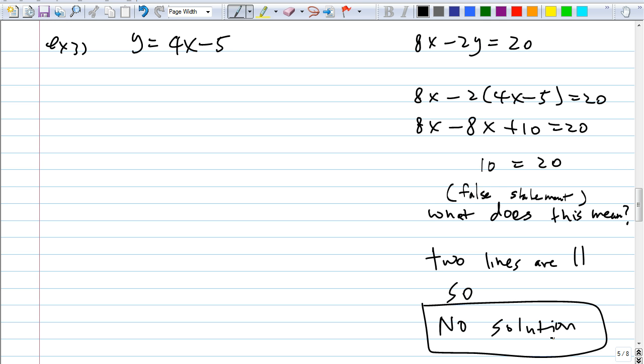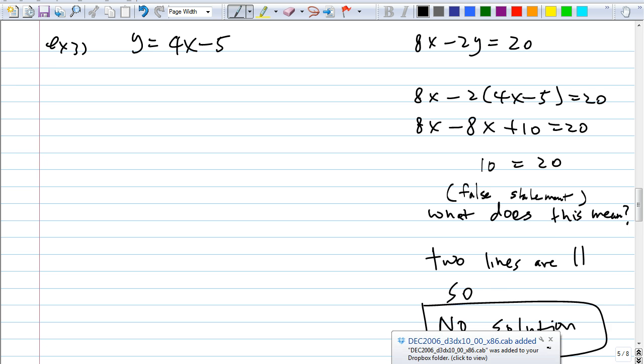Remember we did this last time when we were doing the graphing method, right? When the two lines are parallel, when they have the same slope and different y-intercepts, do they ever intersect? No, that's why you get this sort of equation here. You get a false statement. Do you guys get that? Okay, why don't you then try